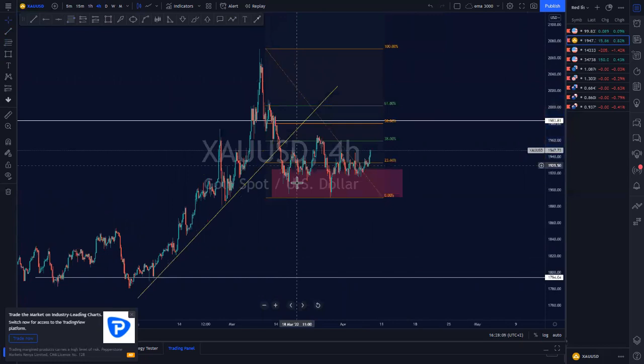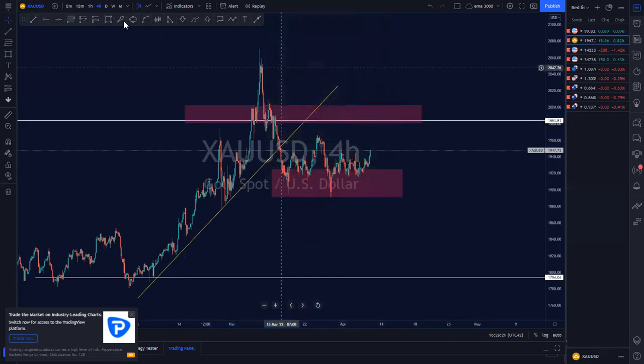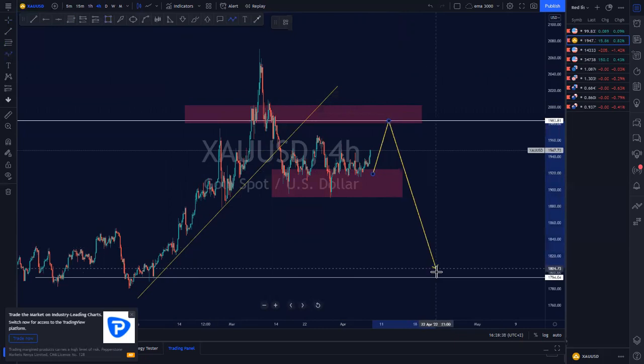Now that the market has broken this ascending trend line, I want the market to correct it by 50% before it can go down. So what happens is that I'm expecting the market to come to this zone here, as you can see. The market is currently moving towards this zone here. So the market is gonna come here. Once the market comes there, then I'm expecting the market to go down and reach this level here, which is